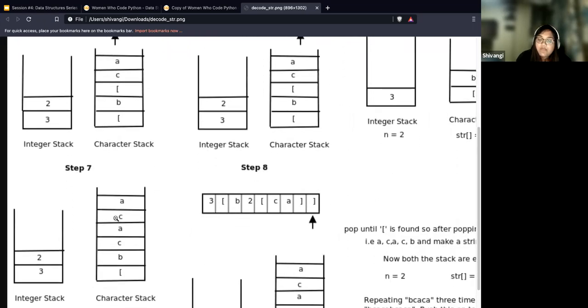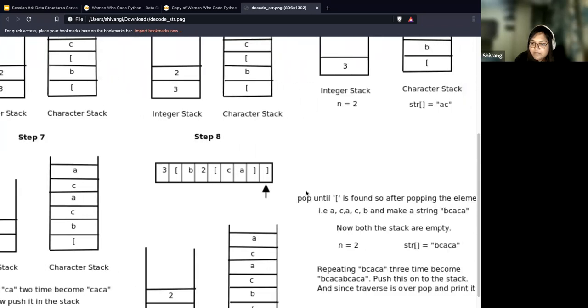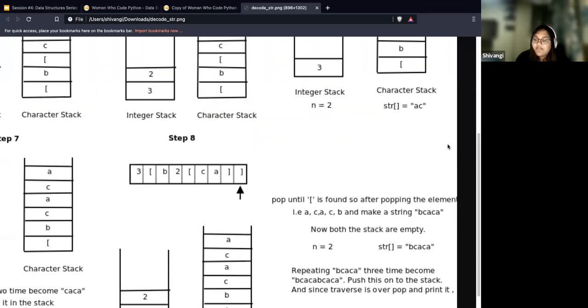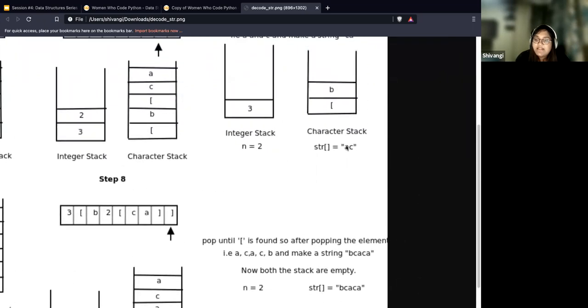And so after you get that expanded string, you wouldn't have to reverse it. It is just to understand what's going to happen.